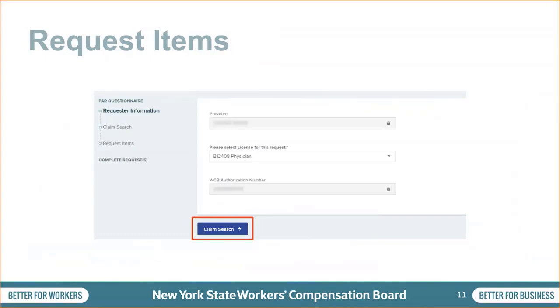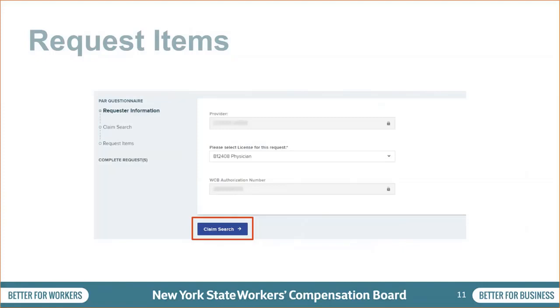First, whoever is drafting the request will need to complete the information for the provider who will be submitting it. A provider's name will be selected automatically if they are submitting on their own behalf, or if a user is only delegated to draft requests on behalf of one healthcare provider. If a delegated user drafts requests for multiple providers, they must select the provider's name from a list of providers.